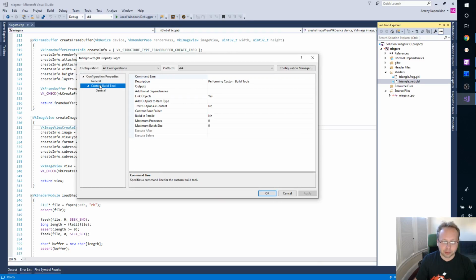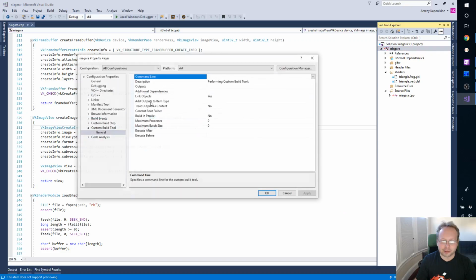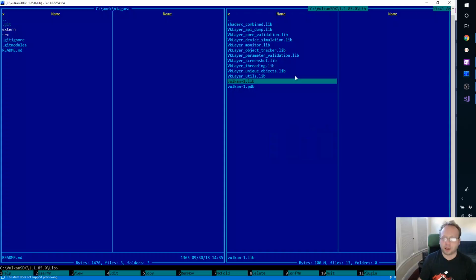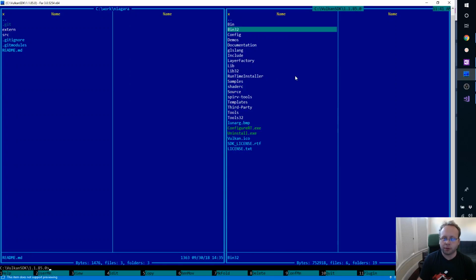And then you should be able to specify properties of this custom build tool. And this will be really painful to deal with when we add GLSL files. So there's that. Can I, if I just specify it here, will it work? Let's try this. So what we need to do is, in the Vulkan SDK, in the bin folder,